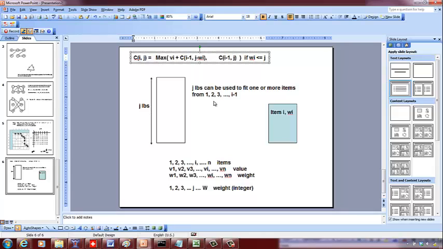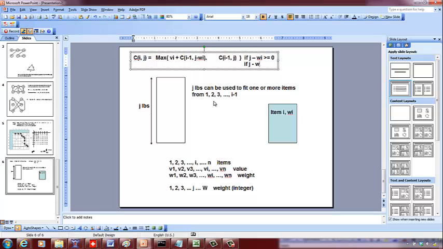So this also means j is greater than or equal to wi, and that implies j minus wi is greater than or equal to 0. On the other hand, if j is less than wi,